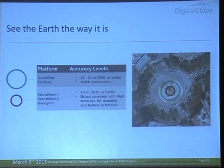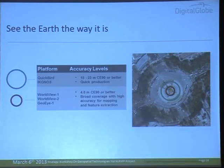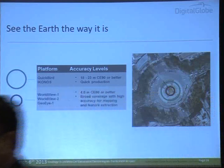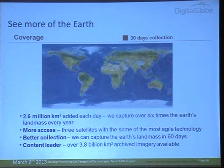Coming to the accuracies, this is the type of accuracies. When you take an image from 700 kilometers, without any ground control point, with our own system corrected, this is the type of thing that you can get. And with ground control point, you can get sub-meter accuracy. And we do have